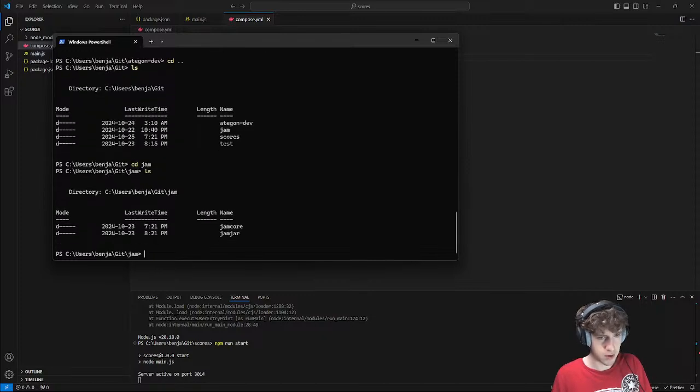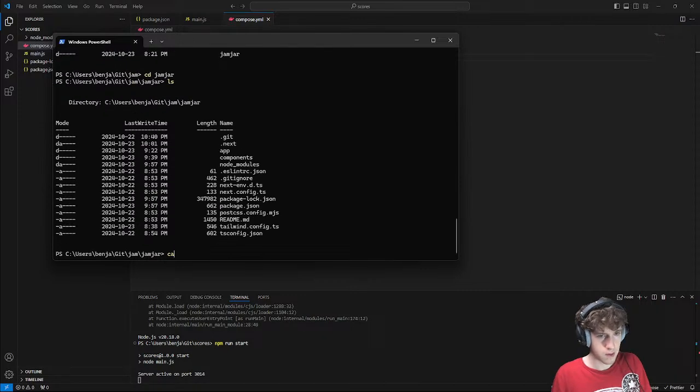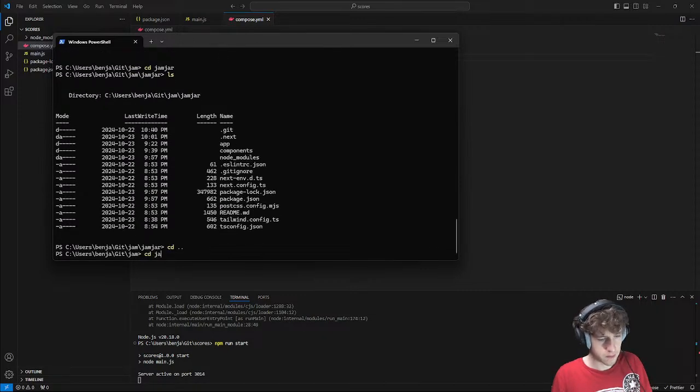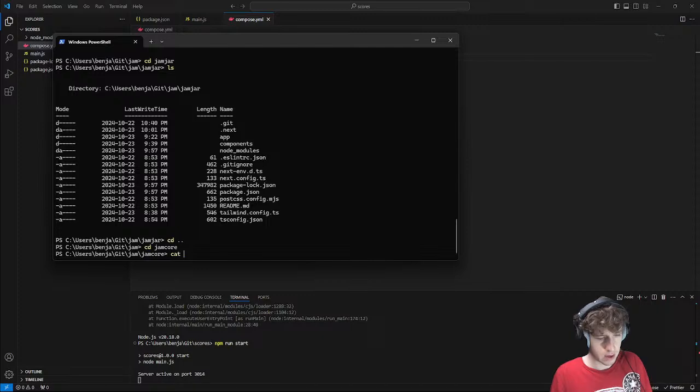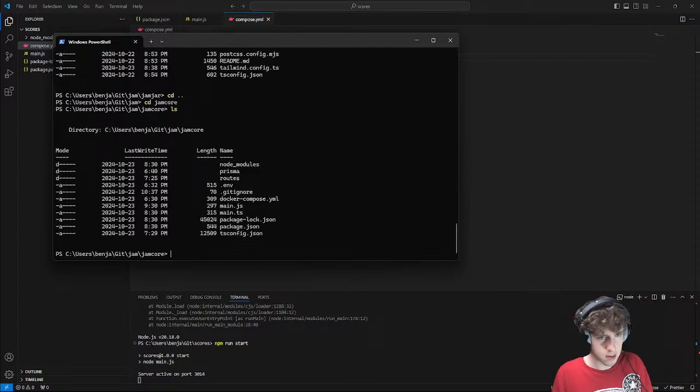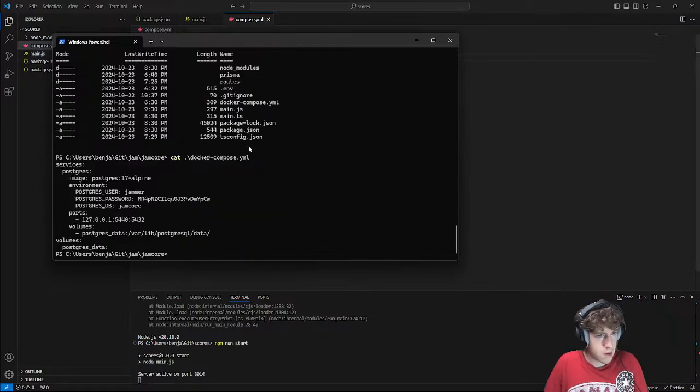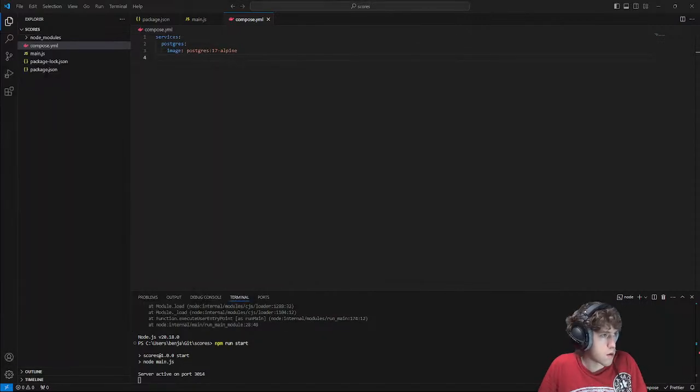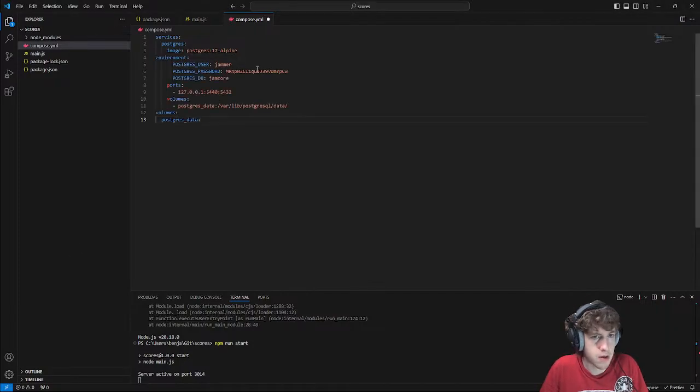Is the Jam folder, Jam jar. Actually, no, it was Jam core. Cat compose. Does it not exist? Oh, it's docker compose. And I have some data I can copy in, password, random string.